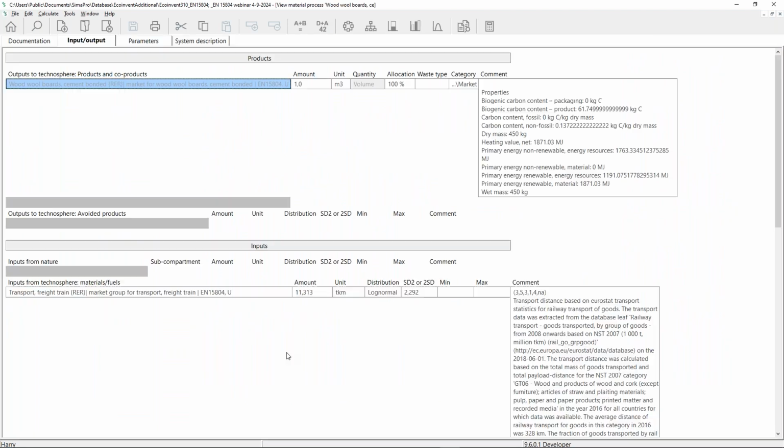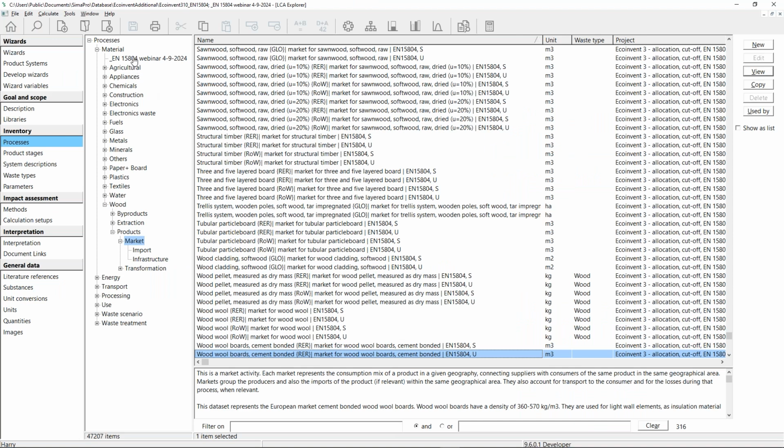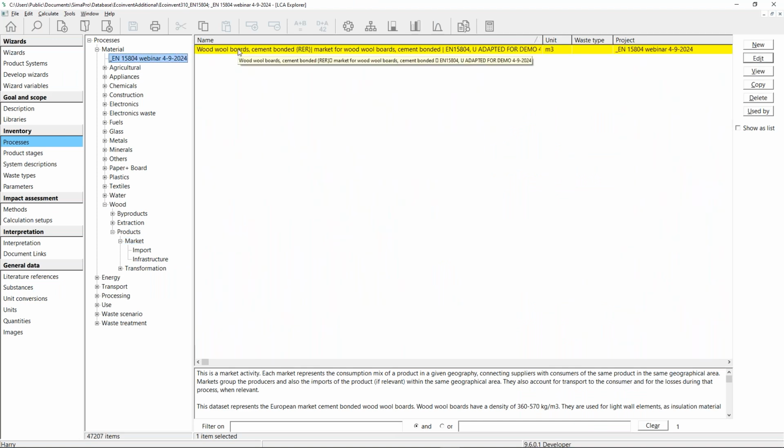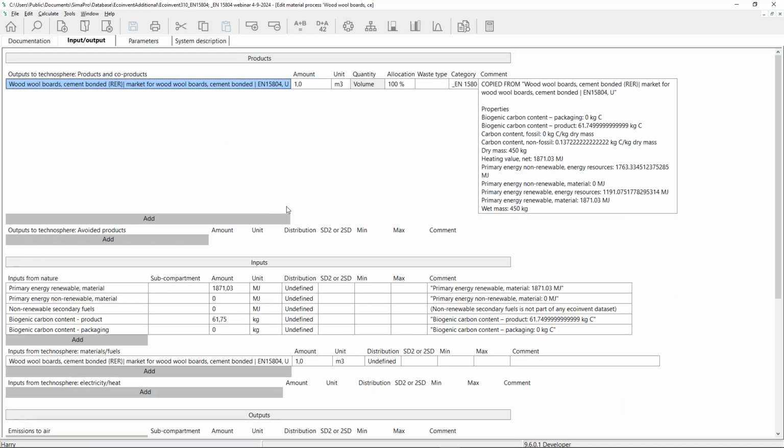If we open this process, you see here the properties I just showed in the presentation already. I made a reference to this particular process, so this is a process with a one-on-one reference. If it was only this line, this would provide the exact same result as what I just showed you.